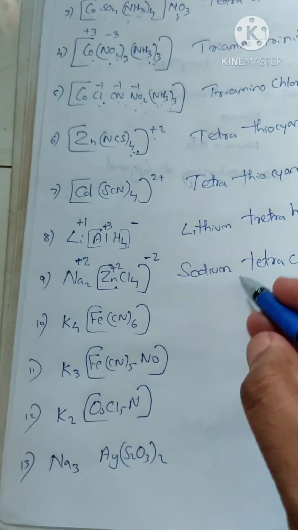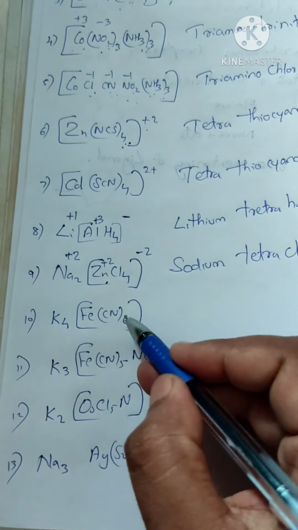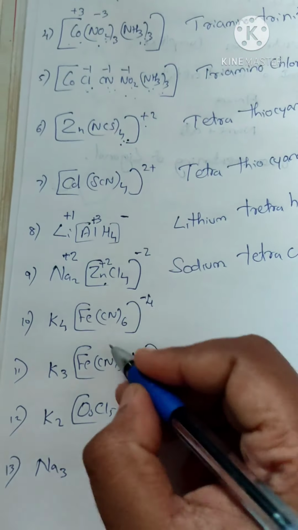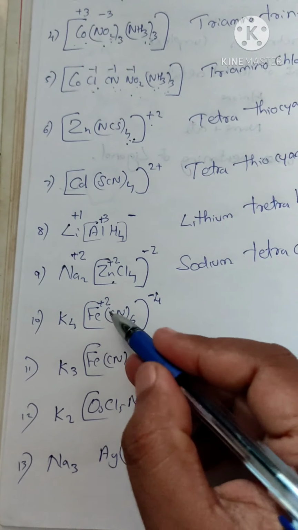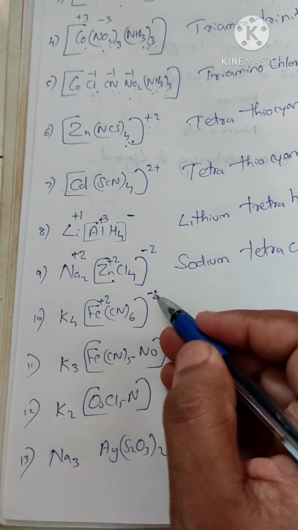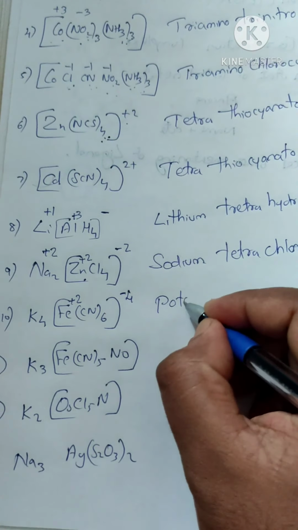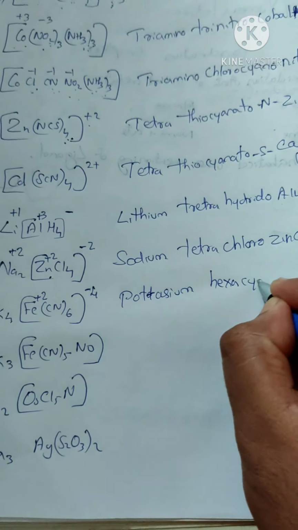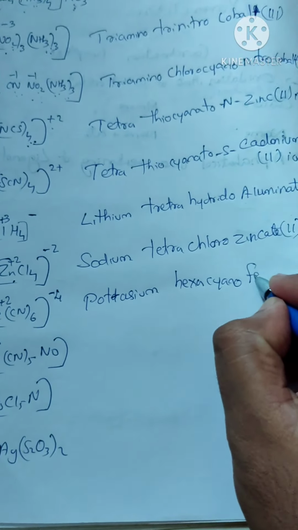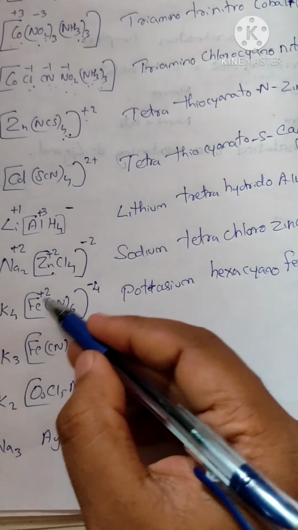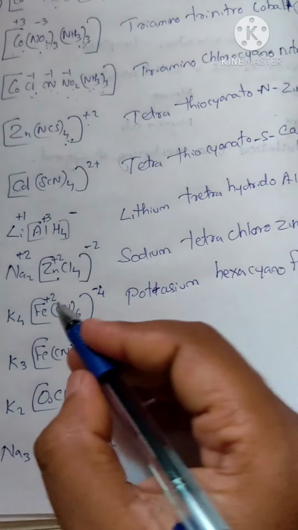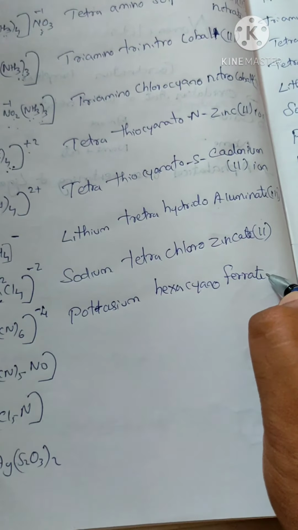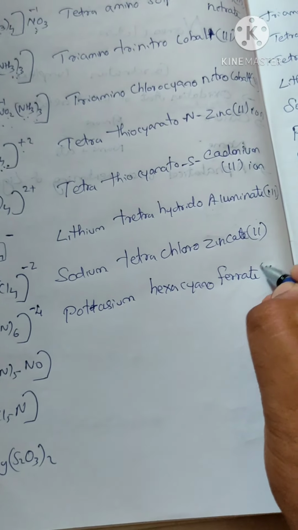Next one. What is the name of this compound? Of course, we know this is hexacyano, and the cyano group has negative charge. There should be 6 negative charge, but this is balanced by 2 potassium. So the oxidation state of iron will be plus 2. Plus 2, so 6 minus 2 is cancelled, so 4 negative charge will be there, 4 minus. So the name of the complex will be potassium hexacyano, then we have to mention ferrate. If it is a positively charged complex, then we can say iron. But since it is a negatively charged complex, we say ferrate: hexacyanoferrate, potassium hexacyanoferrate. What is the oxidation state of ferrate? Potassium hexacyanoferrate 2. Okay.